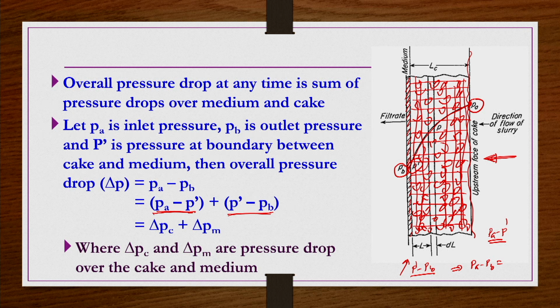Now you want to calculate the pressure drop through the filter cake, because this cake behaves almost like a packed bed, and for packed beds you have pressure drop equations. One way or another you can make use of the flow through packed bed, and modify that equation for the current problem, where cake formation is there and the cake thickness gradually increases, because of which the pressure drop gradually increases. So that is what we are going to do now.